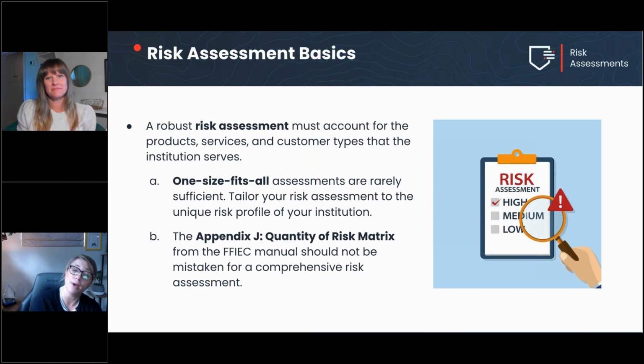Or maybe it's going to be too much because we tried to encompass everything in there. Tailor whatever risk assessment template you're using down to whatever the risks are that you should be considering for your institution. Katie probably has some stuff to add there regarding what she sees and helps people with in risk assessment. But I also want to always make clear that Appendix J